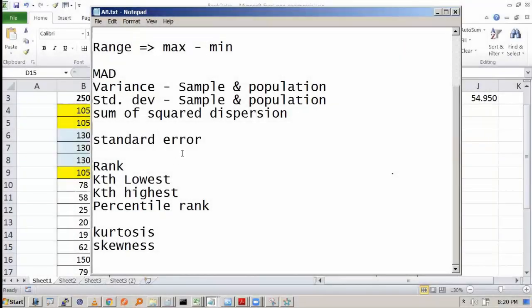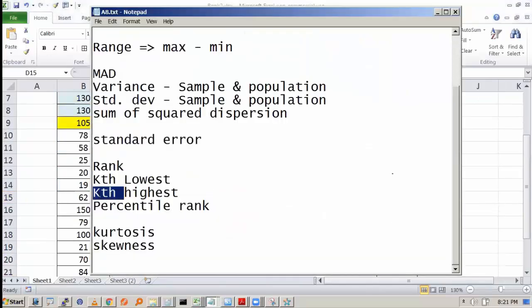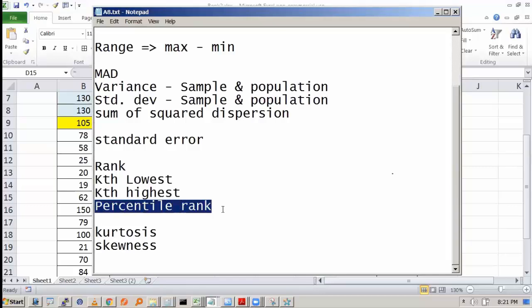However, when you have the data, many times you are interested in knowing the rank of a data, the rank of a number in the entire data set. You want to know the maximum and minimum, that is okay, but you want to know the kth lowest. Kth lowest means I want to know the second lowest, or the second highest. Mostly like in case of students' marks, you want to say who got the second highest number, or what is the rank of a person who got 90 marks. And in your MAT CAT score, you can see that you have some percentile rank.